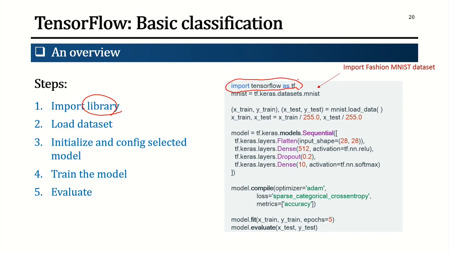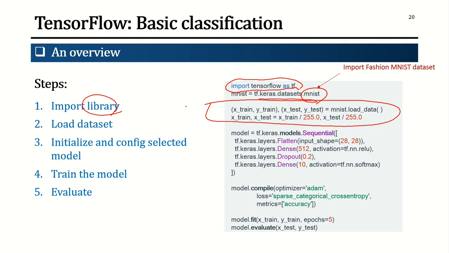Here we give an alias name, tf, and from TensorFlow we import datasets, which we can load using this function. Next we can also prepare our input data. We have the training and test sets. In each of the training and test sets, it has the input as well as the corresponding labels,